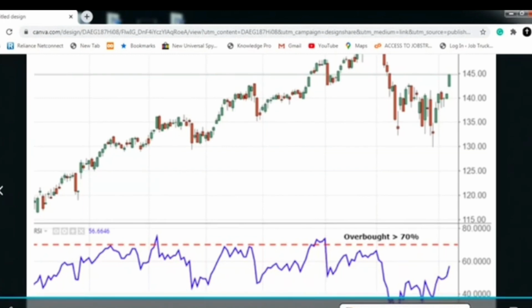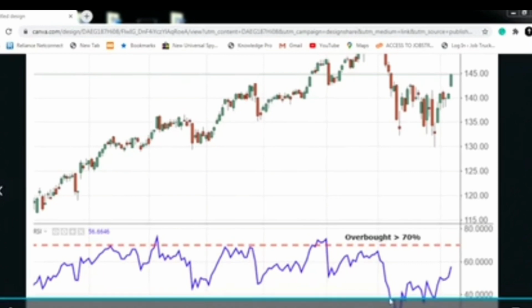Okay. So in RSI, just to remind you, overbought means it is reaching above 70, and if it is reaching below 30 it means it is oversold. That is, many people have done the selling over there. Selling pressure is more. You should always keep an eye on the turnaround. Don't say that it is oversold, that is why this is becoming low and this is becoming high. Okay. Be thorough with the topic.